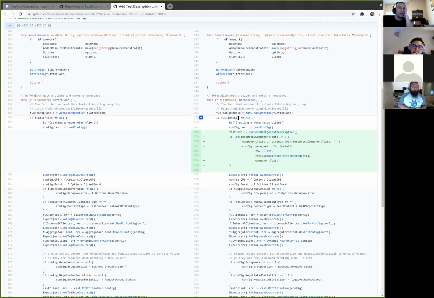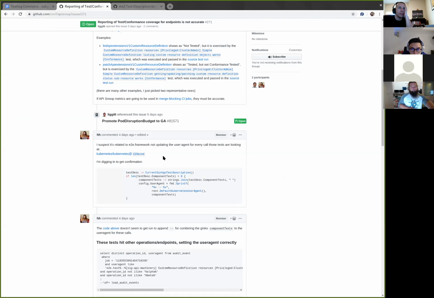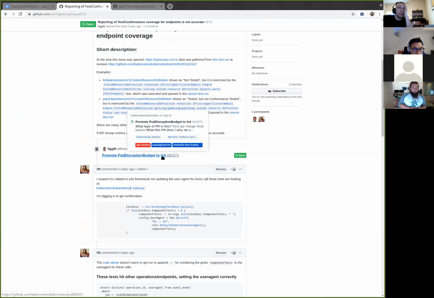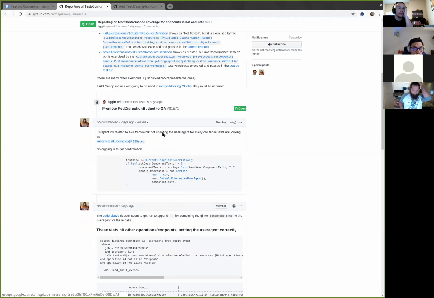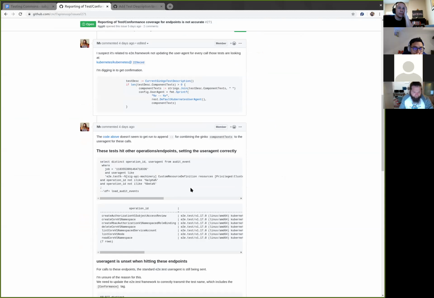If you go back and look at the issue that he reported, that Liggett brought in, and look at the actual events, if you scroll down a bit in the queries, you can see that the E2E test is hitting it, but the user agent doesn't have the test applied. So it's still setting the default user agent.